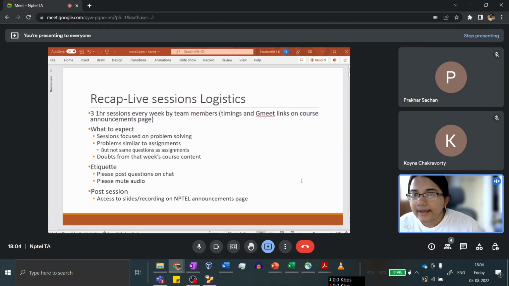So, for anyone who hasn't been there last week, this is a quick recap of the session logistics. There are 3 such 1 hour sessions that happen every week by different team members, and you'll find timings and Google Meet links on the course announcements page. You can pick whichever session is convenient for you in terms of the time and the day and attend that. And the point of these sessions is to focus on problem solving,